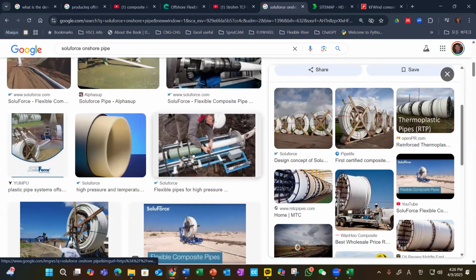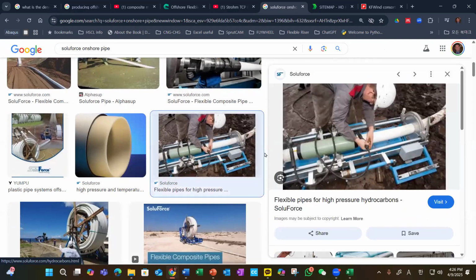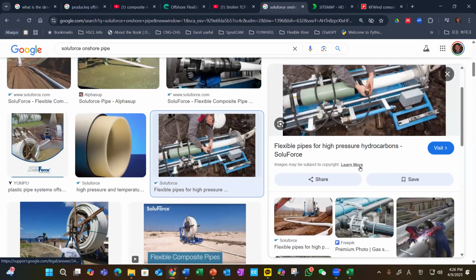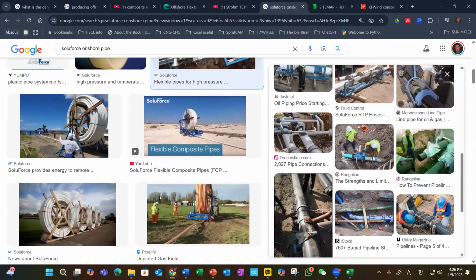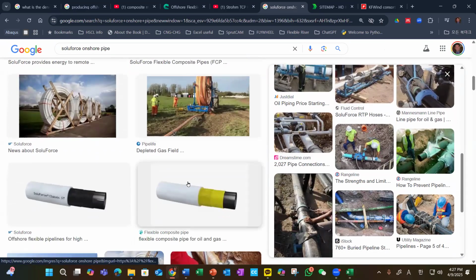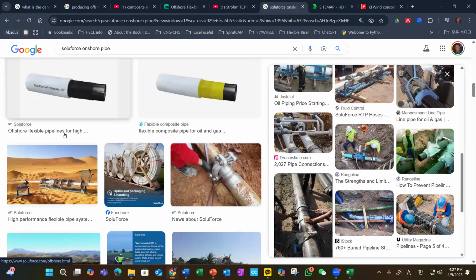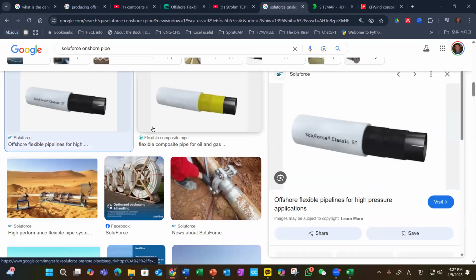And the junction is also very important. For the pipe, we have to have a junction, connectors, and so we need to develop that one. So this is the Soluforce pipe,